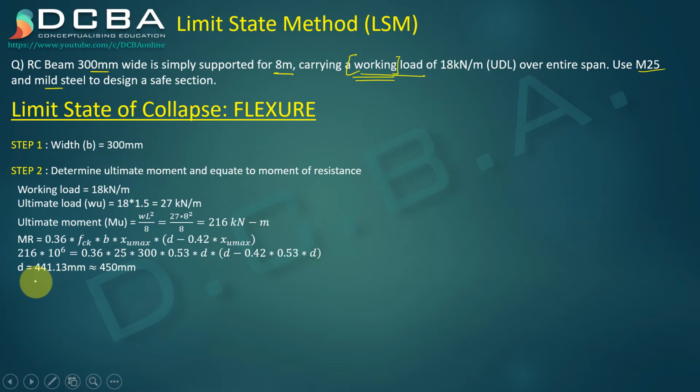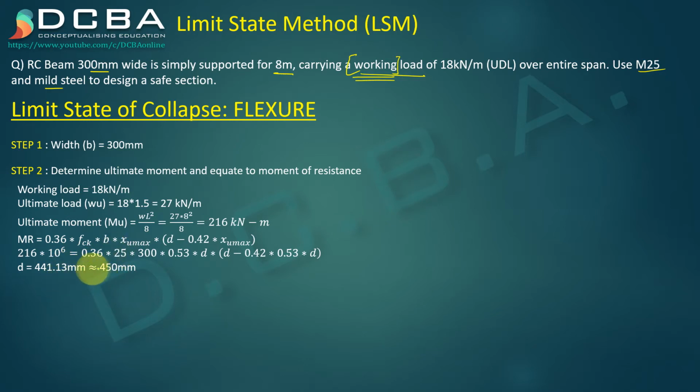Just like that, you round it up to the nearest value which is divisible by 10. Not always required, but it is good if you round it up to such values. I could have rounded up to 445 also, but that doesn't sound that good, right? And never round it downwards, okay? Like this 441 is coming, so never take 440. You will always have to go higher. So this D, for a balanced section, this was the D which was required, but we took it as 450 mm.